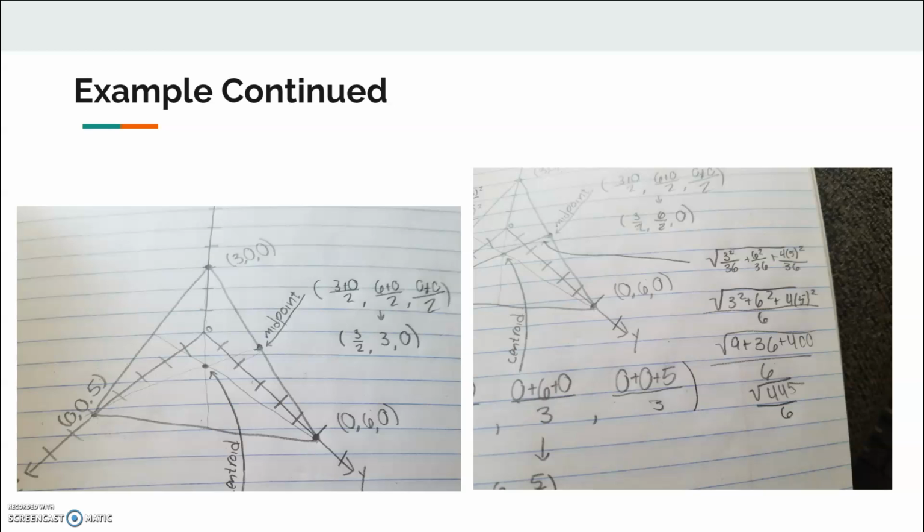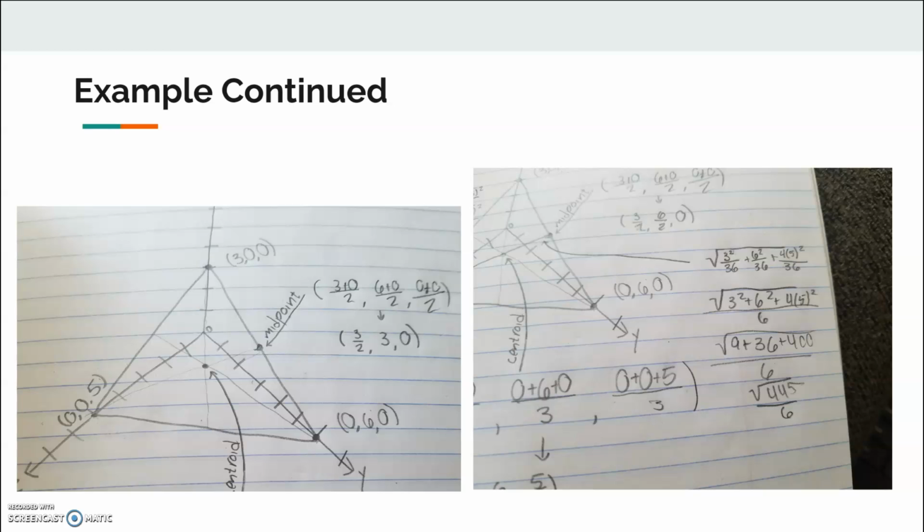Then, to find the distance between the centroid and the midpoint, the equation is the square root of a squared over 36, in this case a is 3, plus b squared over 36, in this case b is 6, plus 4c squared over 36, in this case c is 5. And to simplify that,